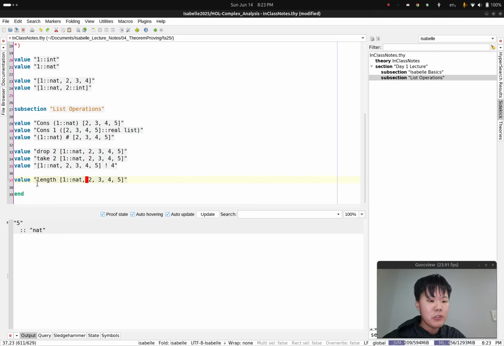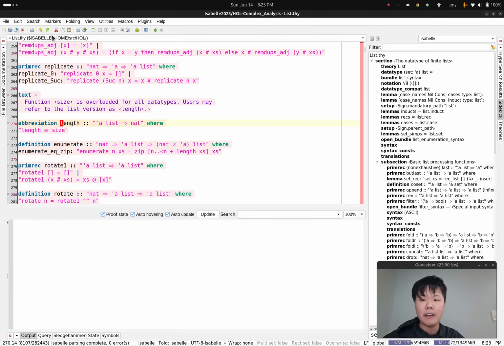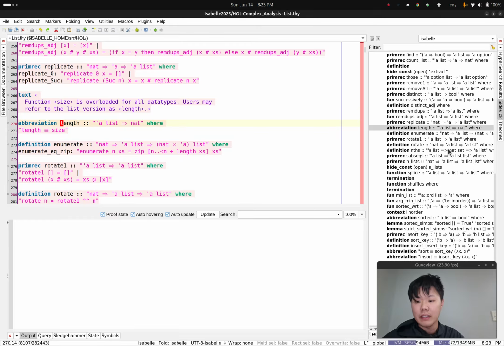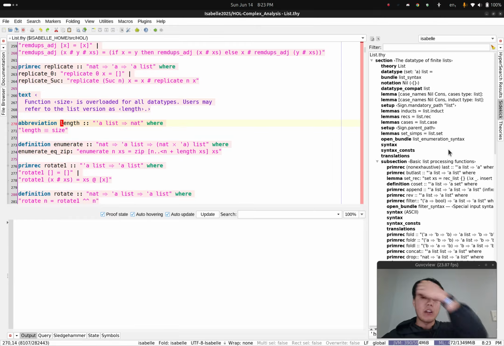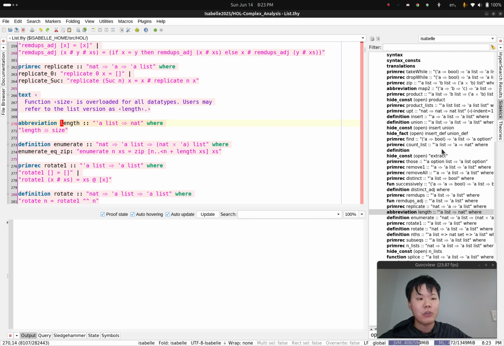Right, what you can do is you can control click onto a function to bring you to the theory that it comes from. So if I control click on length, or command click, it will take me to the list.thy file, the list theory file. And this is the file that defines all of lists inside of Isabelle HOL and all of the other things that you have access to as a result of